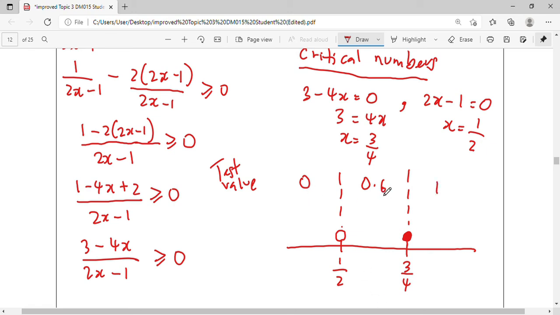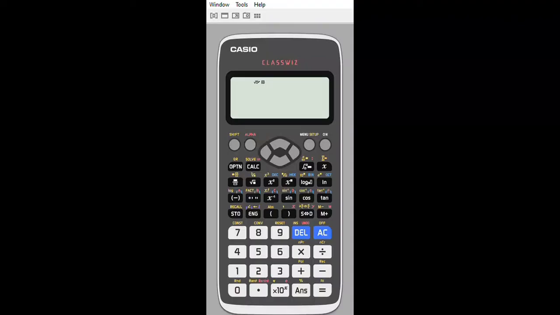Alright, done. Then again, type the function in the form of factors here, 3 minus 4x over 2x minus 1, into your calculator, and then substitute the test values 0, 0.6 and 1 to get the sign, either positive or negative, in these 3 regions here. For our function in the form of factors,